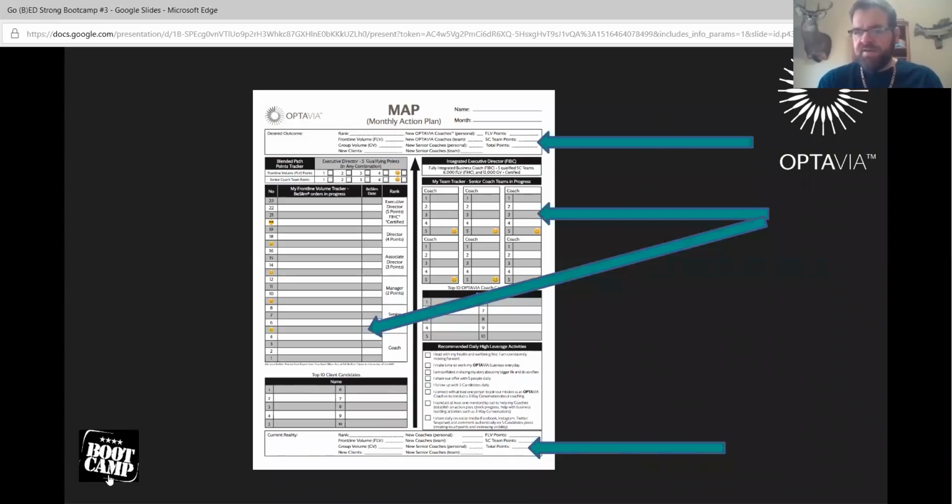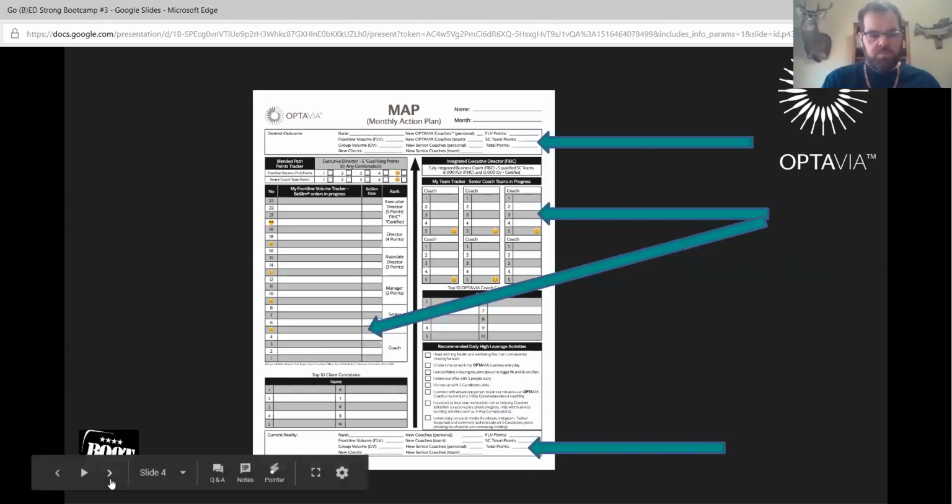For every 5 clients that we have, we should bring on a new coach. It's just the way the math works out. So as we continue to build up each individual client, it's integrating them into the system to bring them forward to become a coach.